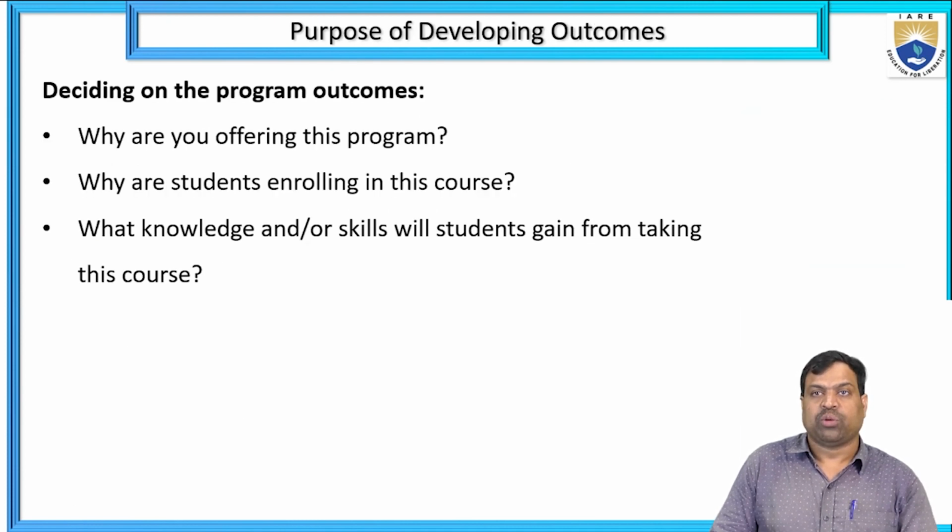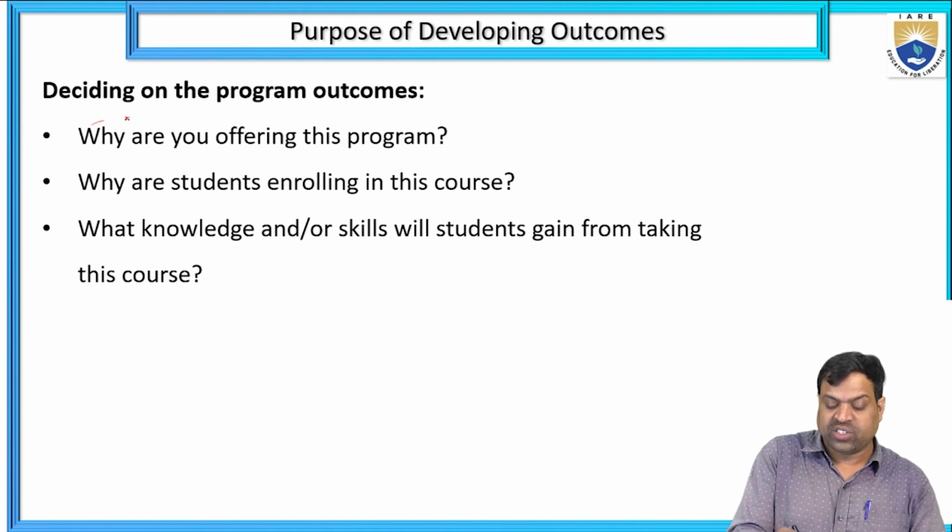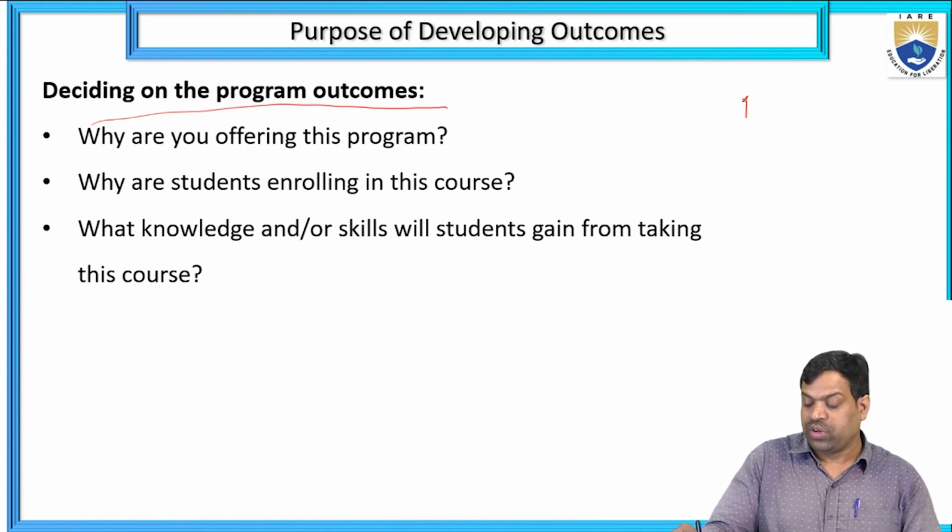So, deciding on the program outcome, how are we deciding this? Why are you offering this program? Why are students enrolling in this course? What knowledge or skills will students gain from taking this course? So these are important when deciding on the program outcome. So when we are going on the program outcome, first question is that